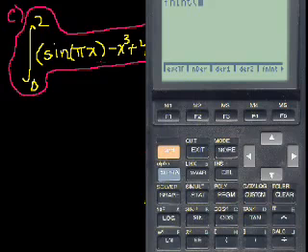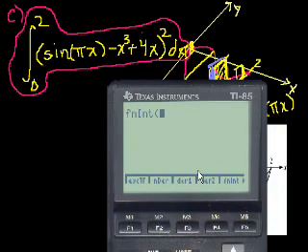And then we just type in the expression. So the expression, let me move it down a little bit. It's open parentheses, sine of, where's pi? I haven't used one of these calculators in a long, long time. Oh, there it is. Second, pi x. Sine of pi x minus x to the third power plus 4x, all of that